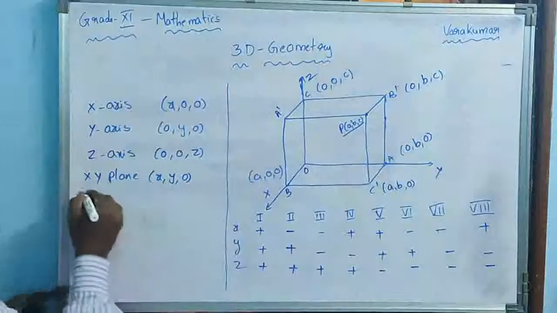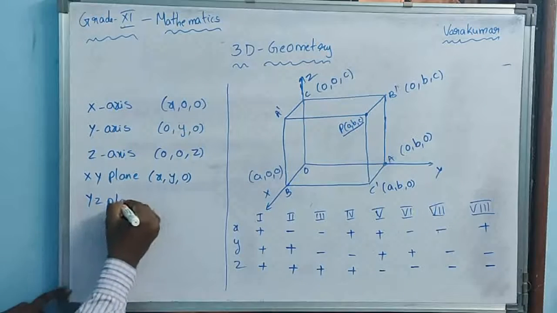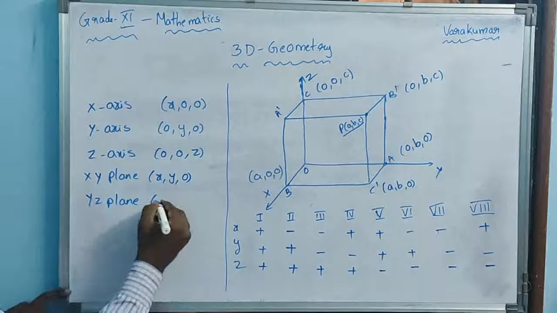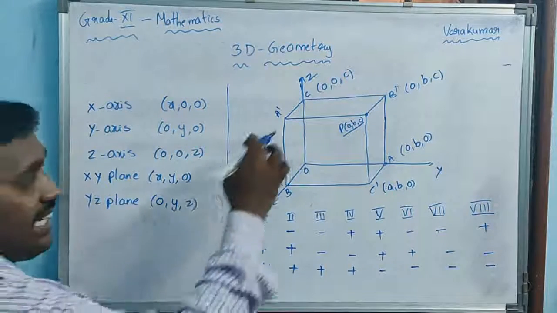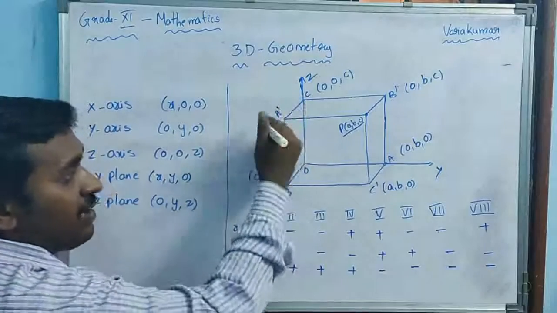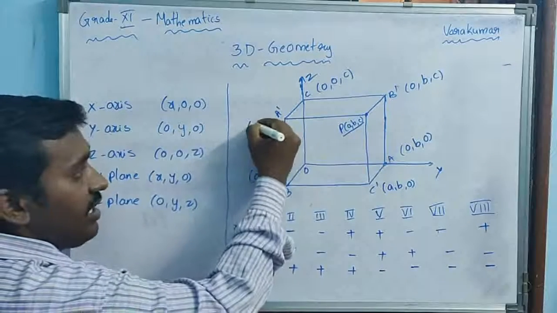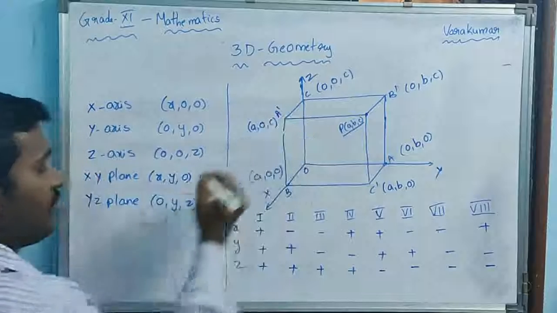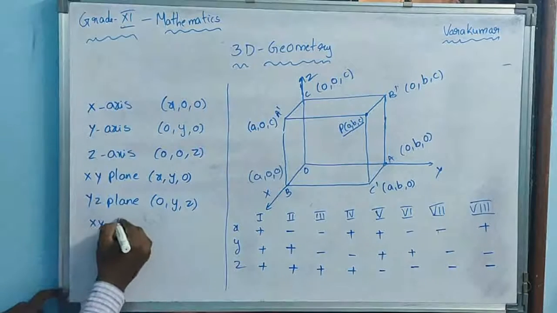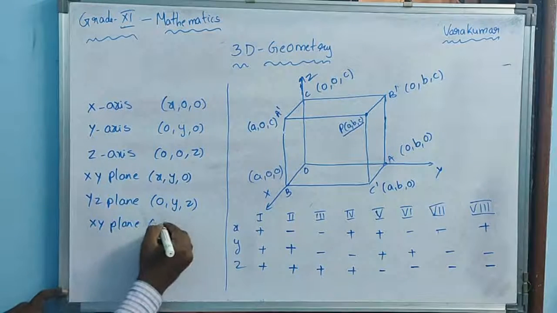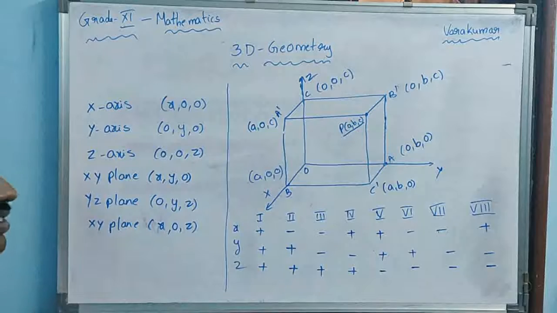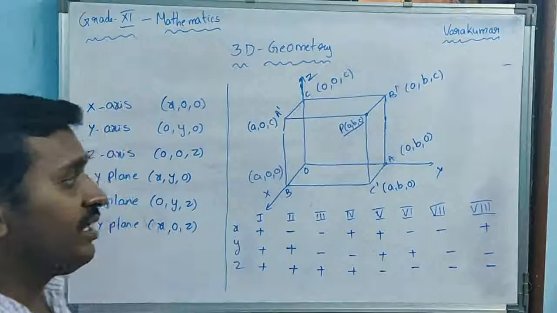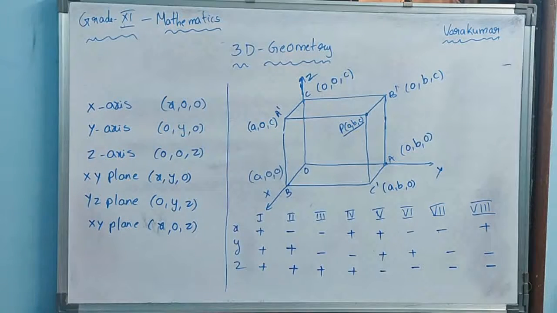So what will we learn now? YZ plane: (0, y, z). Now it lies in the XZ plane, which means the y value is 0. So what do we write? (A, 0, C). And for the XZ plane in general, we write (x, 0, z). Okay. So have you understood this whole thing? Right. Now.